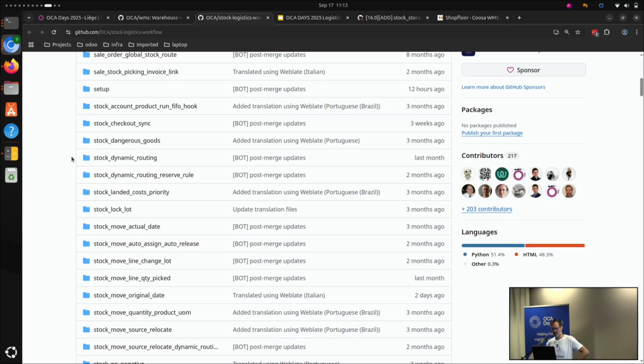Yeah, one thing also interesting is the dynamic routing. This is very advanced also. This allows you to place the right operation. So normally in standard Odoo you have the route that dictate what are the steps and what is the operation type that you place. With the dynamic routing, after placing this, based on where you reserve the stock, so you remember those reservation rule allows you to choose where you reserve the stock, you can switch the operation type that